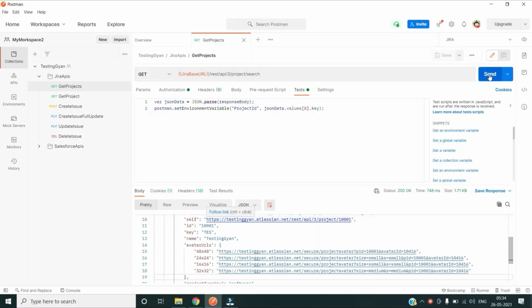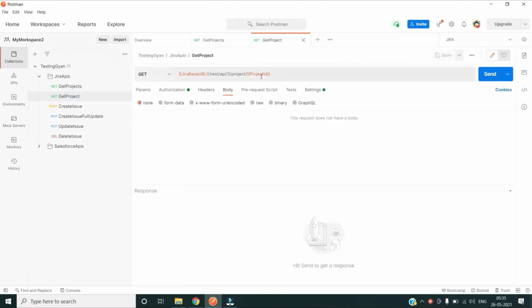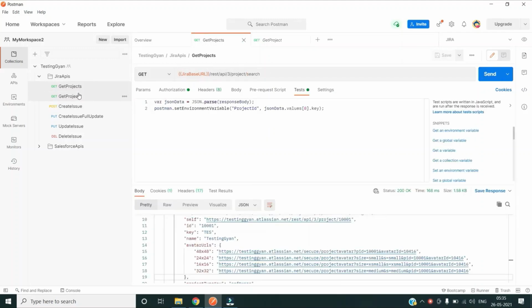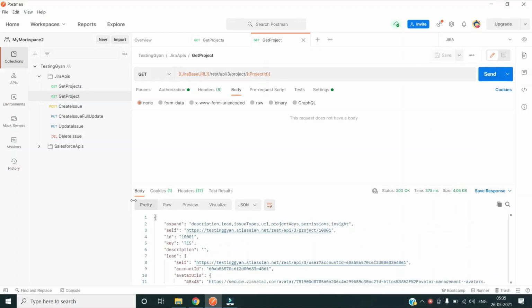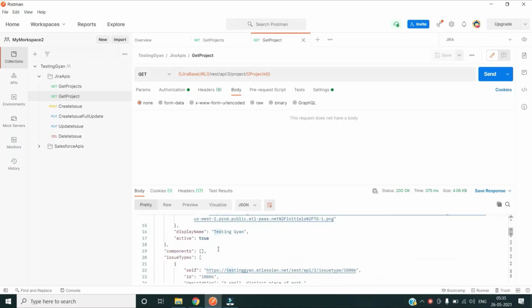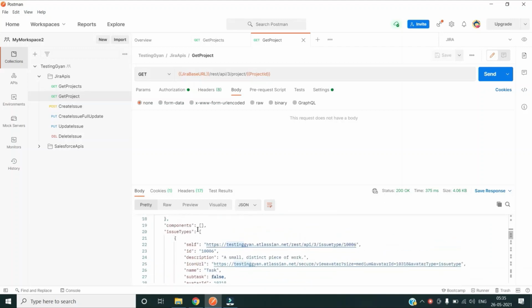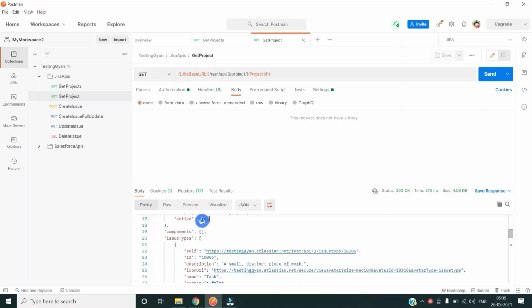So now if I'm running this request multiple times, it is going to have the same impact, nothing is going to change. There's one more GET request which will simply return me the details specific to a project. The last request was returning the details for all the projects. Now if I run this, you can see it has also returned me the response, and it is giving me the same project key and other details like display name, and this project is active. It is saying its active status as true. So this was all about the GET request.